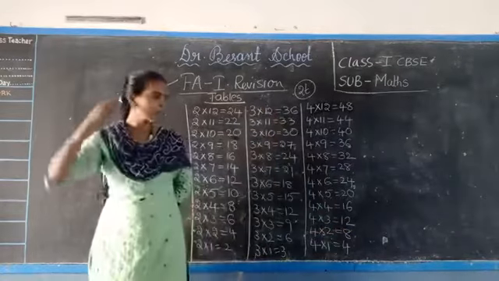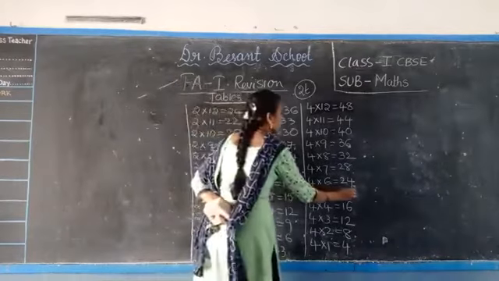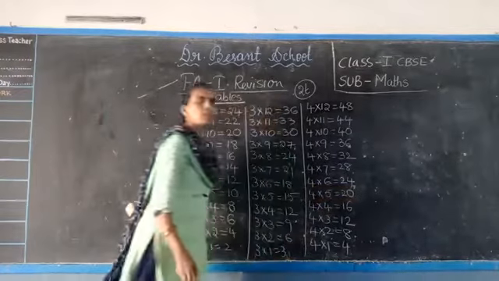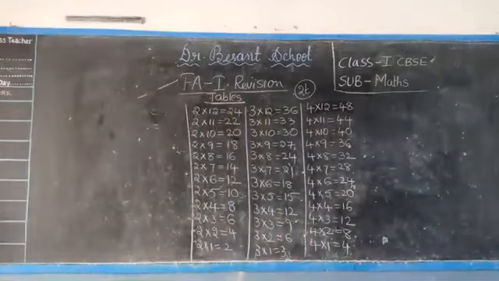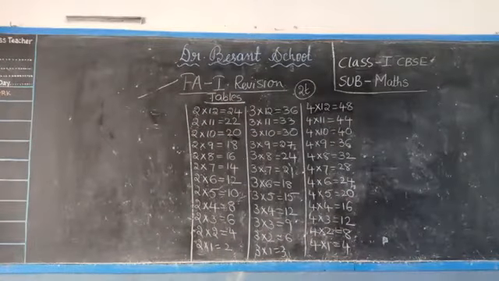Please note down the tables in backward direction also. Is it clear? Is it visible to everyone? So please copy the backward direction of the table also and practice the backward direction as well as the forward direction. Yes. So now read after me the backward direction of the tables.